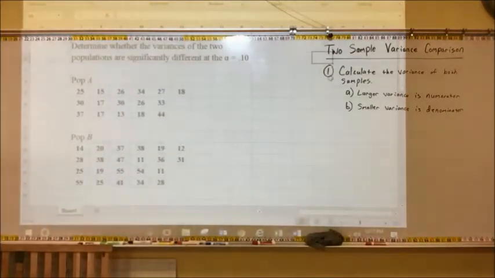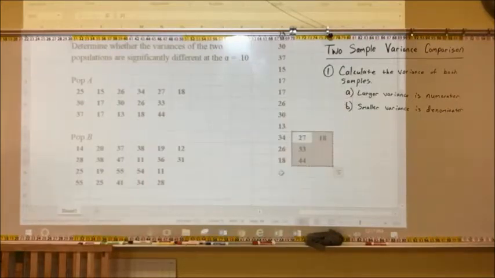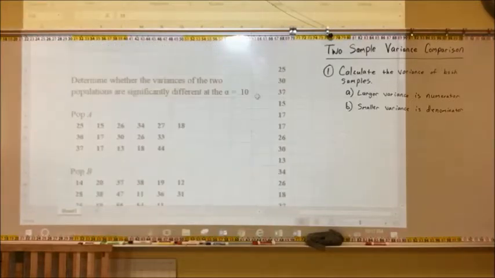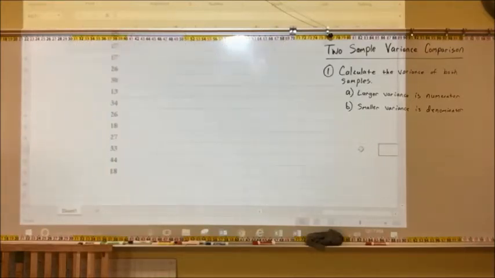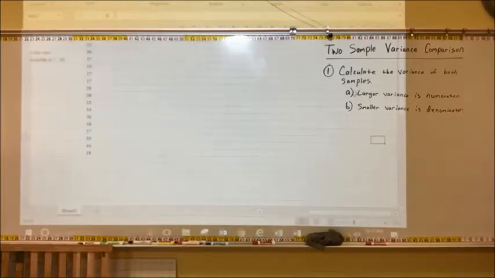All right, you can hear me, but I'm standing over by my computer. I'm going to take all this data and put it in a column so that it's up and down. There we go. All right, that's the first set. So for population A, to find the variance, let me zoom out a little bit here. There we go. And I'm going to go to